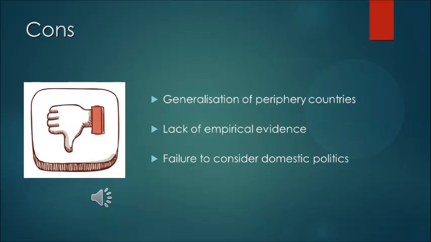Some of the disadvantages of the theory are that it fails to take into consideration individual factors of countries, such as culture and historical context. It has also been criticised for not having enough empirical evidence to back up the theory itself. There has also been some criticism of failing to offer more insight, analysis and weight of the idea of domestic and international politics as an explanation for conditions within a state, such as corruption,